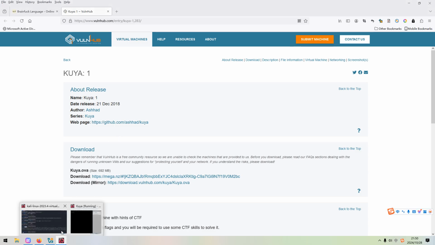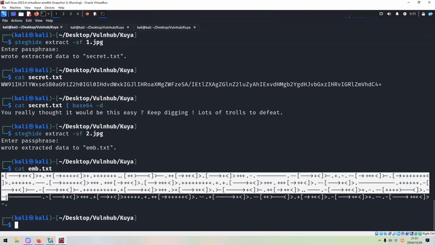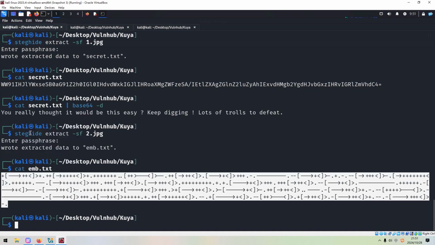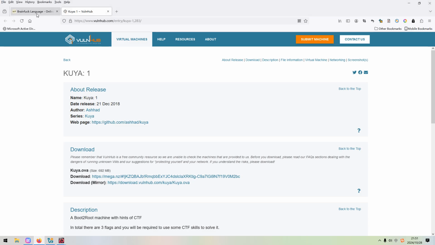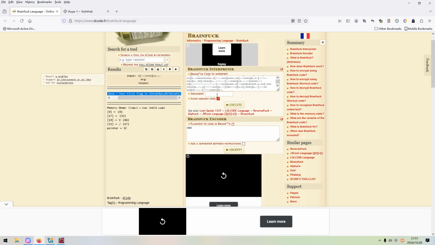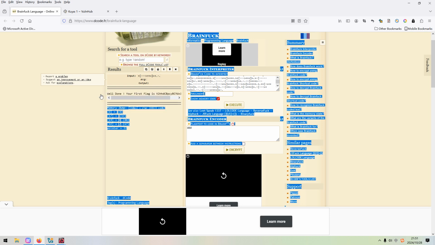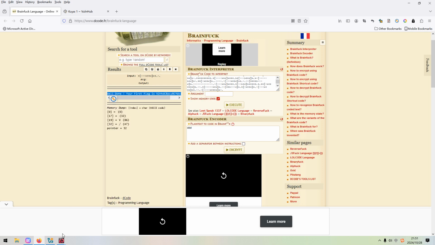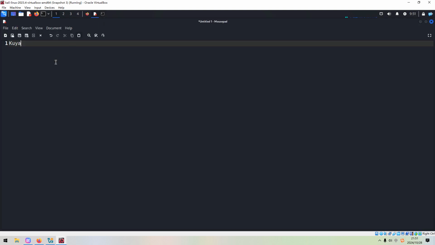We can copy this message and go to the website of this interpreter, paste it in this window and then execute, and then you can get the first flag. First flag. Okay.